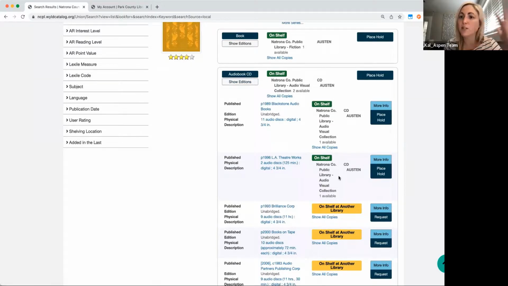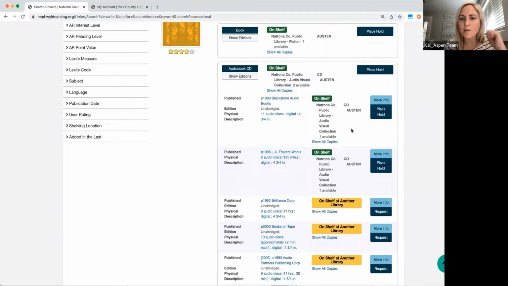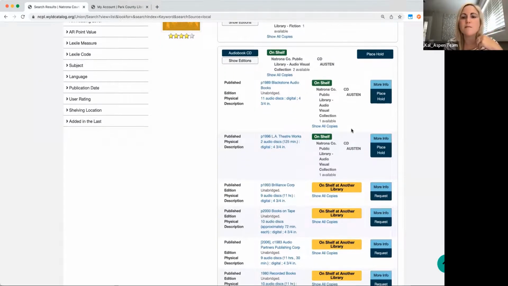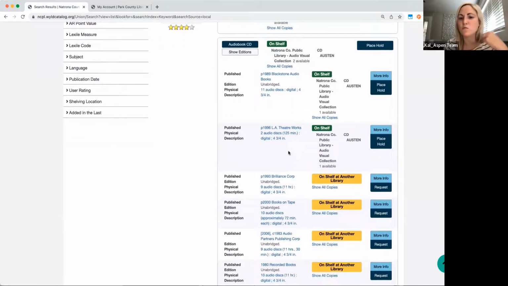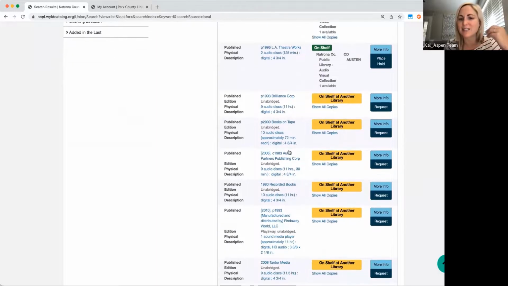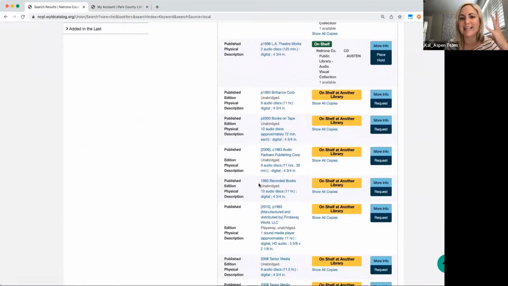They are bumped to the top to more clearly show me that this library system owns them, and I can just place a hold on them and get that right away. But if for some reason I am really looking for a specific edition, like I really need the 1980s edition of this audiobook, then I should see a request button on my screen.